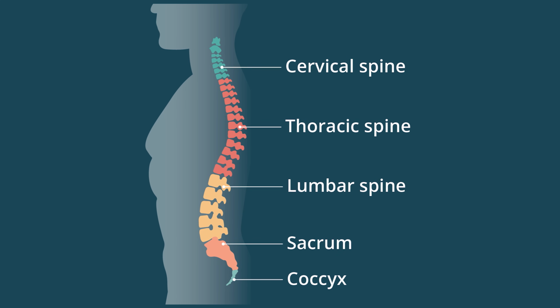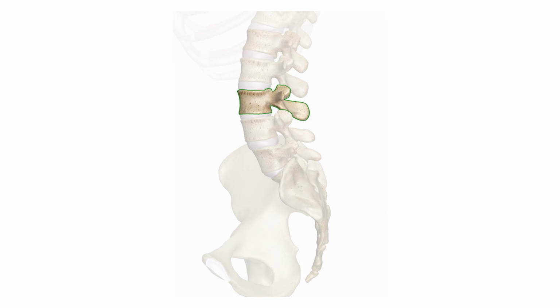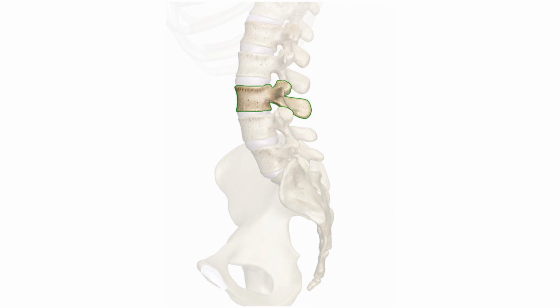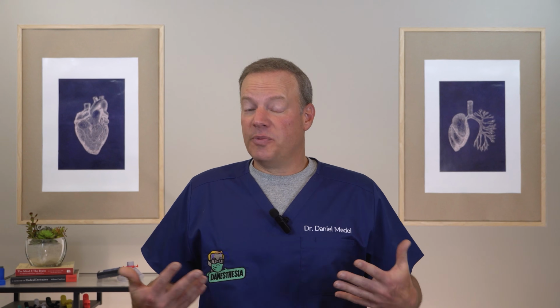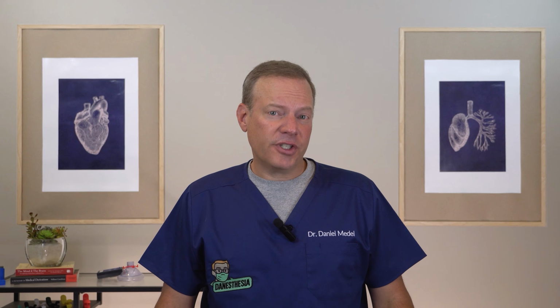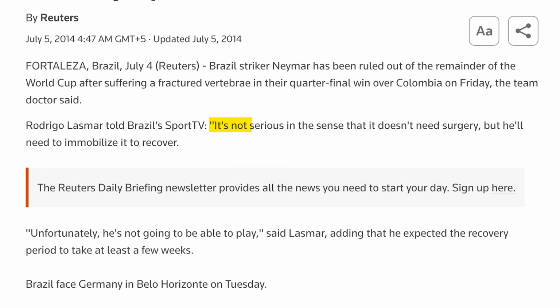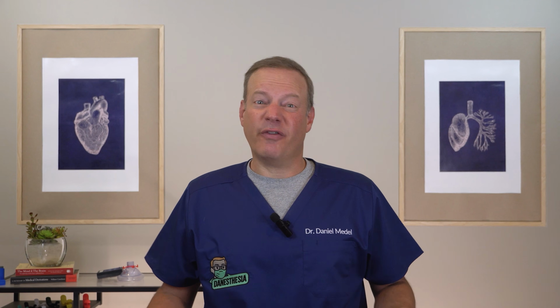The lumbar spine is in the lower back. It carries a lot of body weight, absorbs force, and protects nerve structures that travel down toward the legs. The third lumbar vertebra, or L3, sits right in that lower back region. A vertebral fracture sounds terrifying because people immediately think about paralysis. That's a completely rational fear, but the risk depends a lot on the exact part of the bone that's fractured, whether the spinal canal is pinched or punctured, whether the fracture is stable, and whether or not there are neurological symptoms. Reports at the time described Neymar's injury as not requiring surgery, but needing immobilization and recovery. That is good news, but good news in this context still means a fractured spine.